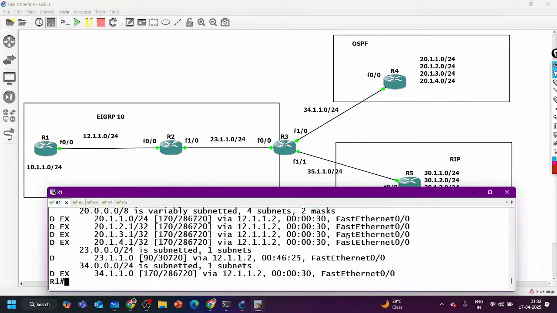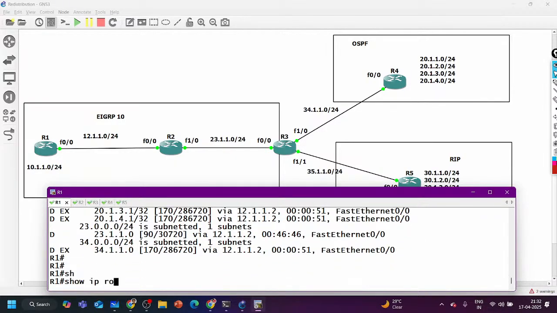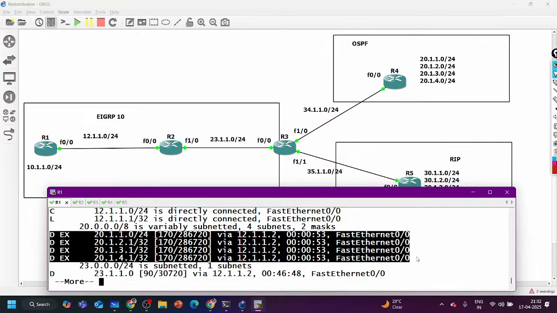Yes. Now here in the routing table, when you open the routing table with show IP route, can you understand which department these prefixes belong to, coming from which company, which type of prefix it is, and why it is coming here? Are you able to see anything? No. I am only able to see one thing, that this is an EIGRP external prefix. That's it. This is the only information in the routing table, that this is an external prefix coming from the EIGRP domain.